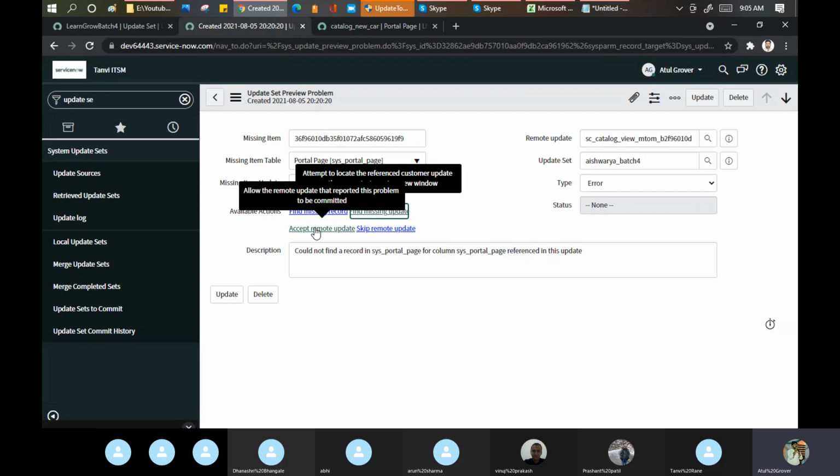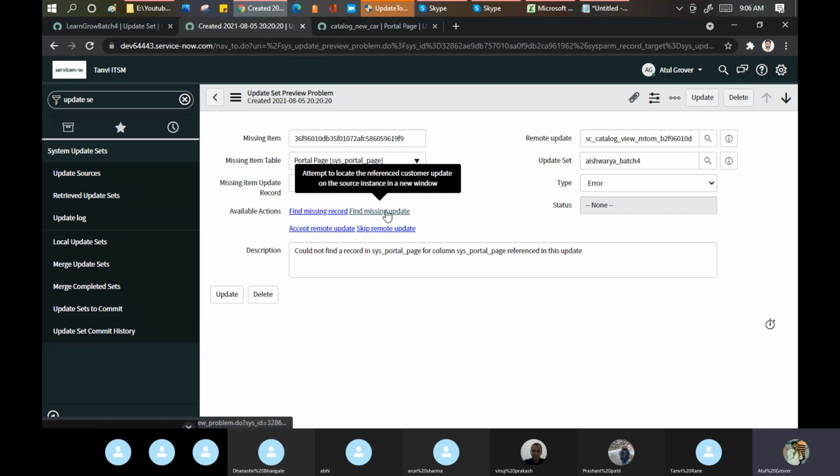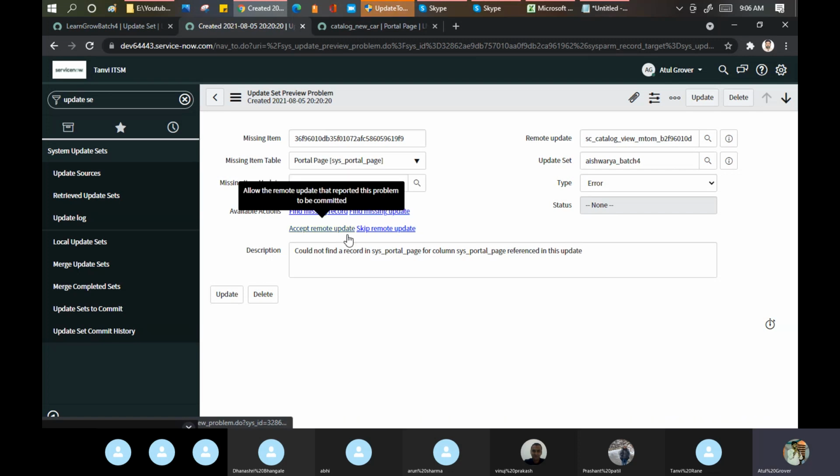Now the third option: accept the remote update or skip the remote update. Remember, we don't say let's not scold the kid. Okay, don't worry, I'll make another Maggie for you. That is accept; in the same manner it is becoming like this. If you accept, it means the error still exists in the system and this functionality will not work.